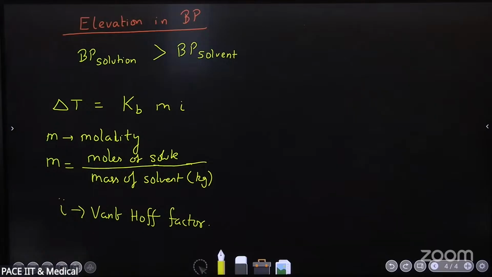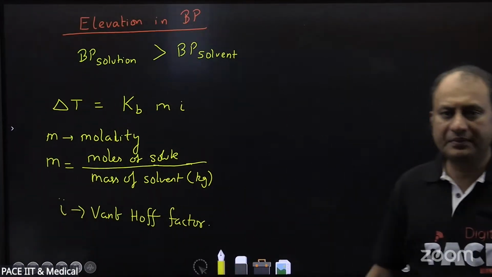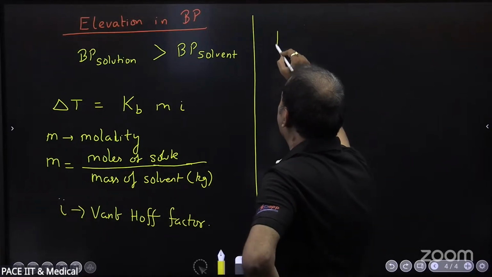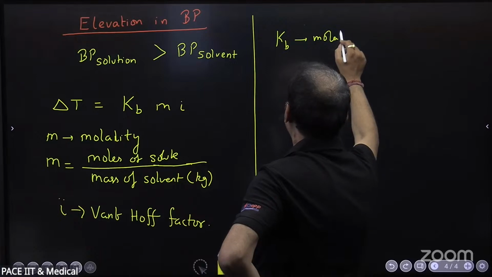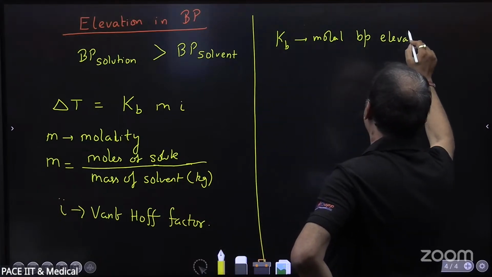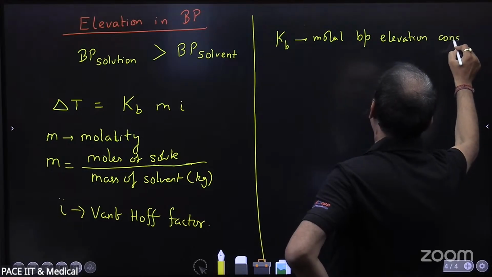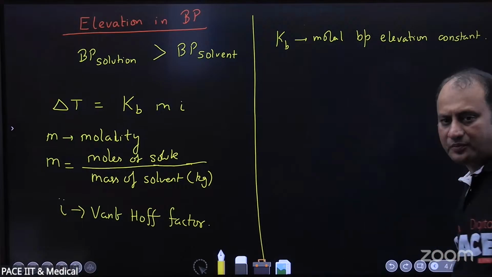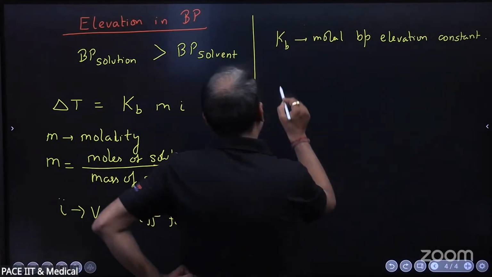Okay. And Kb. Kb is a constant. Kb is a constant known as the molal boiling point elevation constant, or ebullioscopic constant, and its value is given by